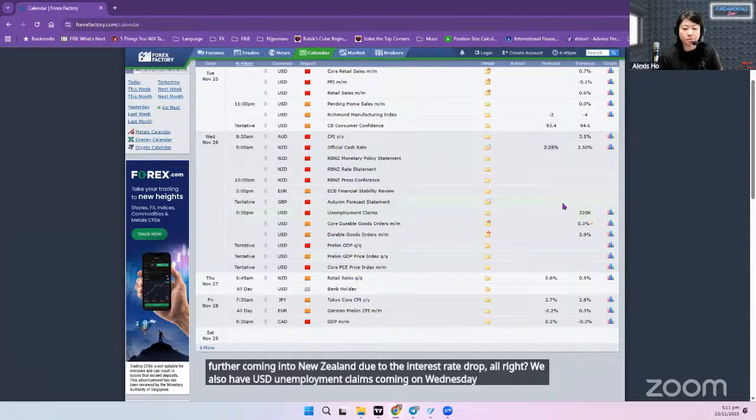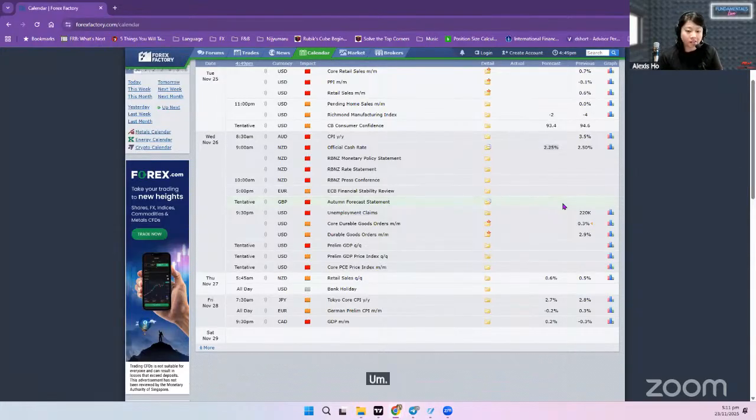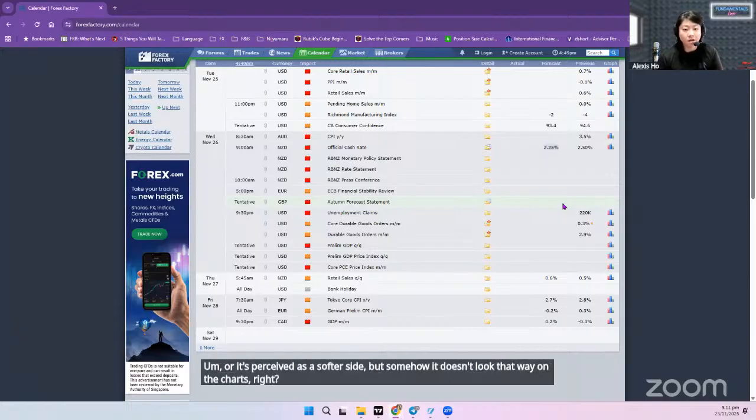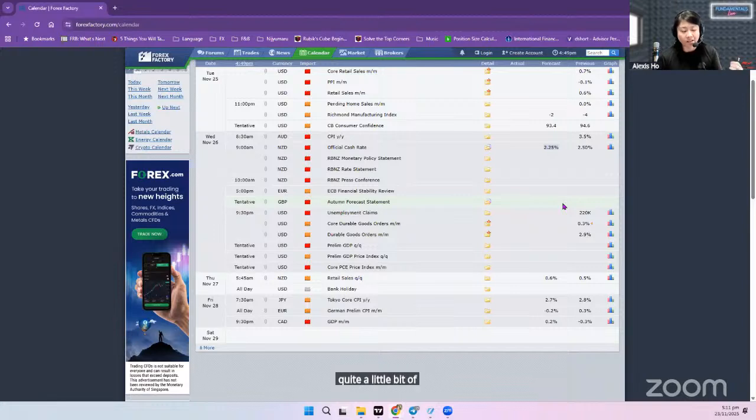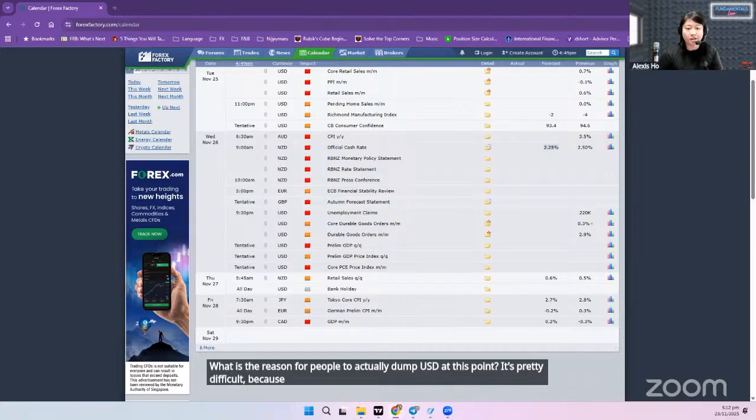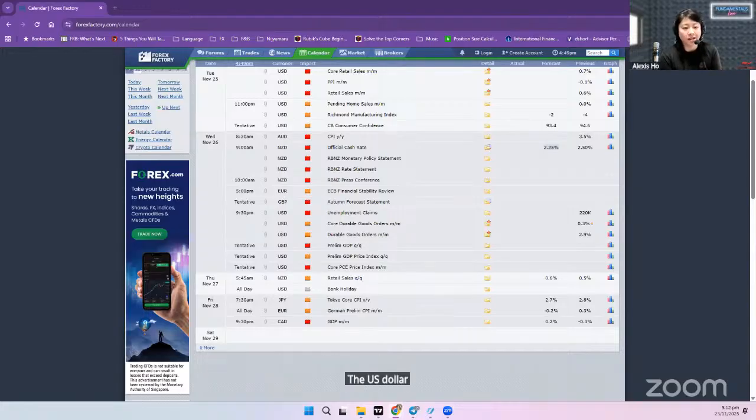So this one is pretty interesting because again, into the end of the year, I think the USD has been a little bit on the softer side, or it's perceived as a softer side, but somehow it doesn't look that way on the charts, right? On the charts, we do still see quite a little bit of bullish USD bias. And as I mentioned in previous fundamental sessions, it is pretty difficult to find the reason for people to dump USD at this point, because while there is a negative sentiment due to expectations of interest rate drops in the USD,